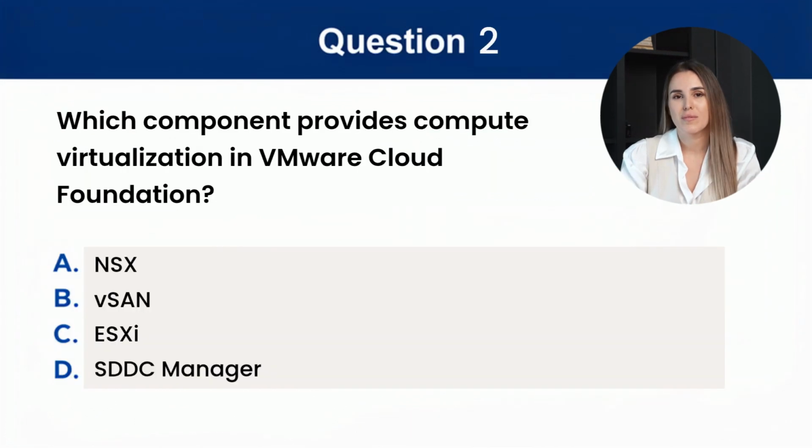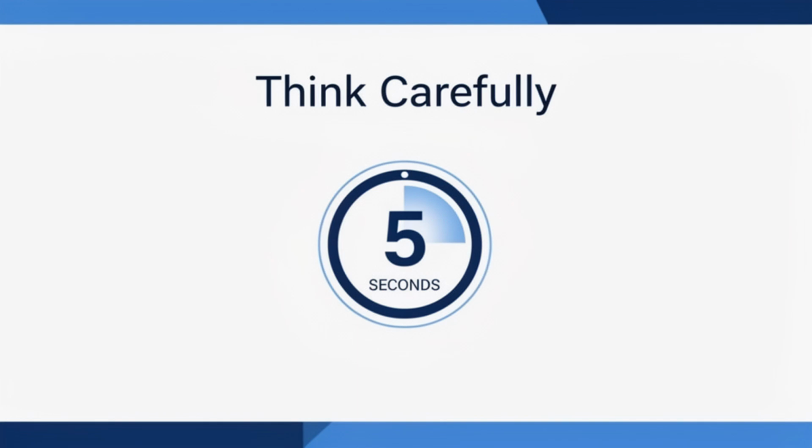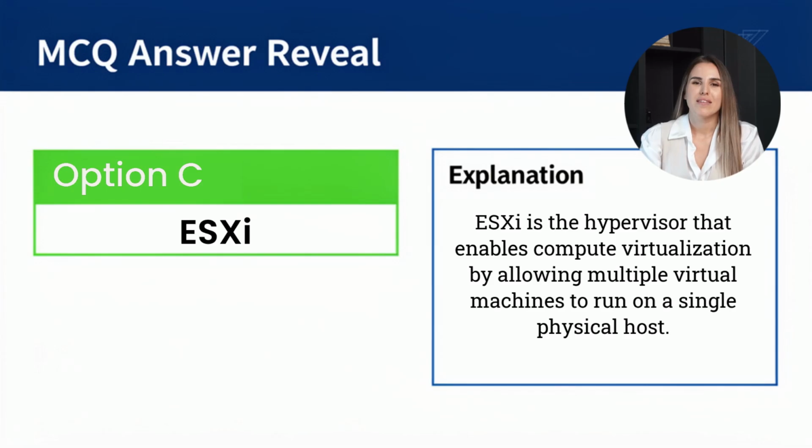Question 2. Which component provides compute virtualization in VMware Cloud Foundation? A. NSX. B. vSAN. C. ESXi. D. SDDC Manager. Pause and think about which layer actually runs workloads. The correct answer is C. ESXi. ESXi is the hypervisor that enables compute virtualization by allowing multiple virtual machines to run on a single physical